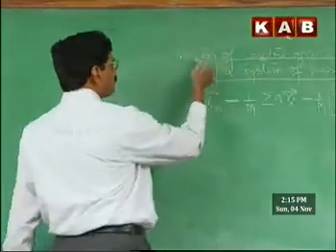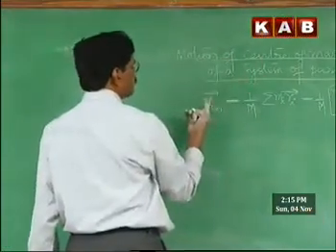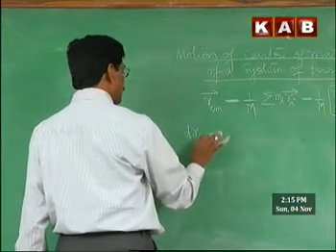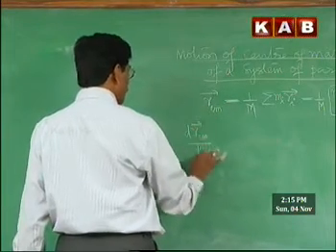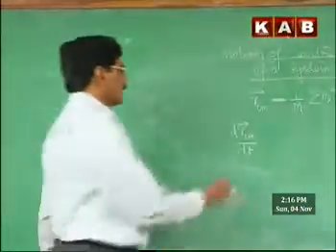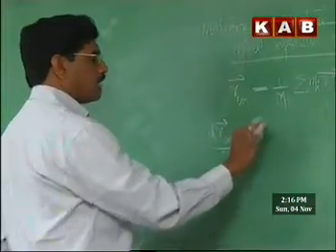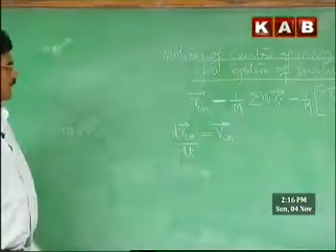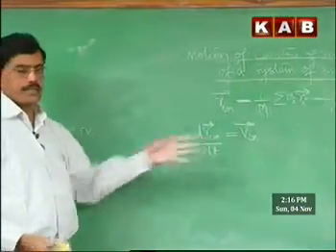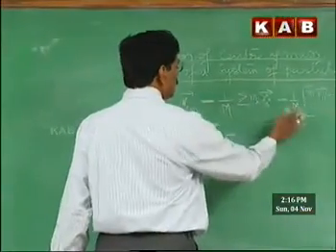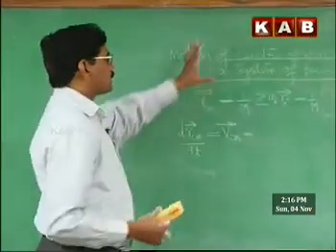Next one is motion of center of mass. Motion of center of mass is change in position of the center of mass. Change in position vector of the center of mass, d rcm by dt. Rate of change of position vector of the center of mass, we call it velocity of center of mass. Differentiating this with respect to time, we get center of mass velocity. But what about the mass? What kind of system are we considering?